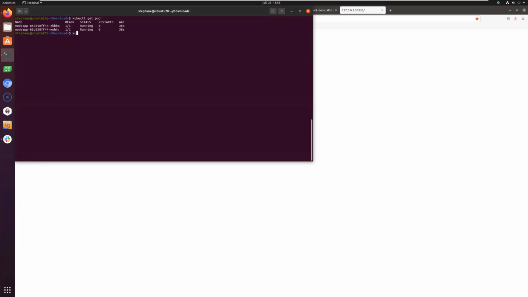And now I will exec code in this pod, and I will exec in bash. That's it. So now I am in my container.